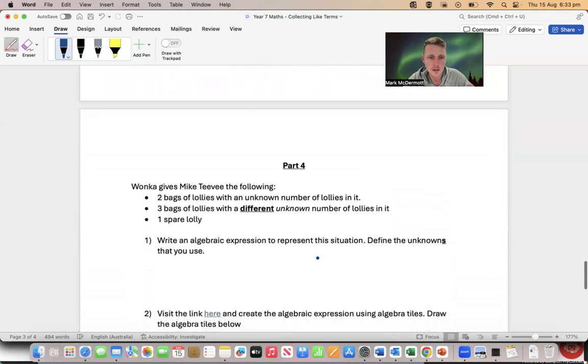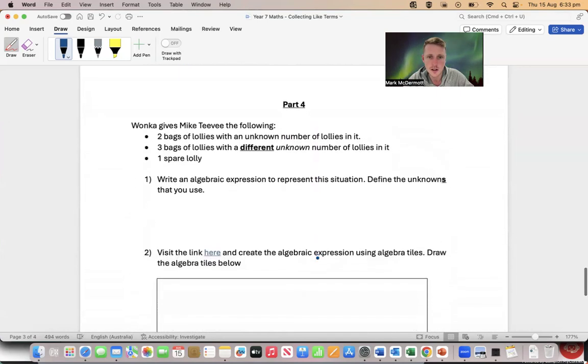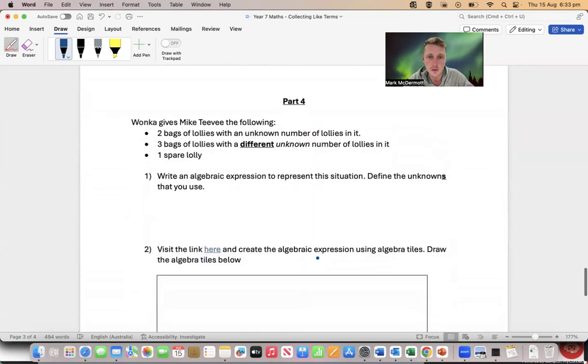Okay, Wonka gives Mike TV the following: 2 bags of lollies with an unknown number of lollies in it, 3 bags of lollies with a different unknown number of lollies in it, 1 spare lolly. All right, 2 bags of lollies with an unknown number of lollies in it. Let's call that X. So write an algebraic expression. So it's going to be X, but there's 2 of them. So 2 bags, so X plus